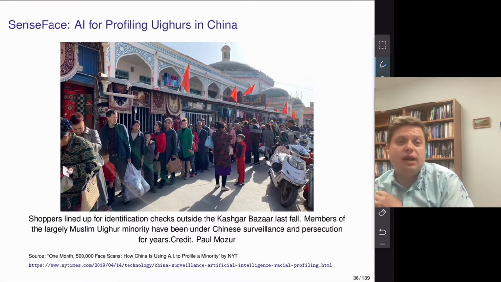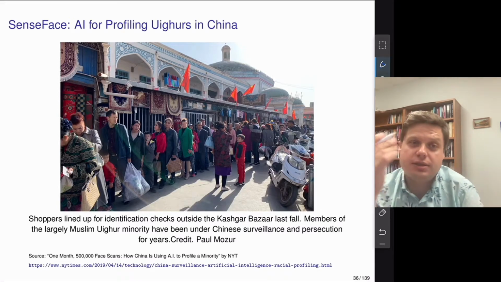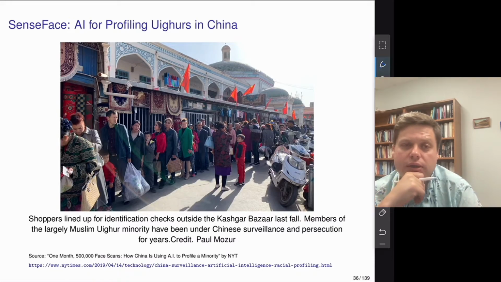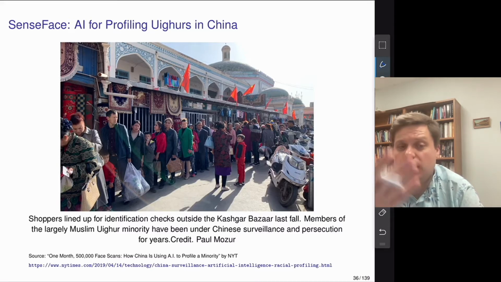And some of the not very nice uses of artificial intelligence is this SenseFace used by China to profile Uyghurs. It's a Muslim minority. They speak a Turkish type language. They're very close to people from Uzbekistan or Turkmenistan, so they're not Chinese, and they are Muslims. And for several years, the Chinese government has been treating them in an unfair way, and one of the ways they're doing it